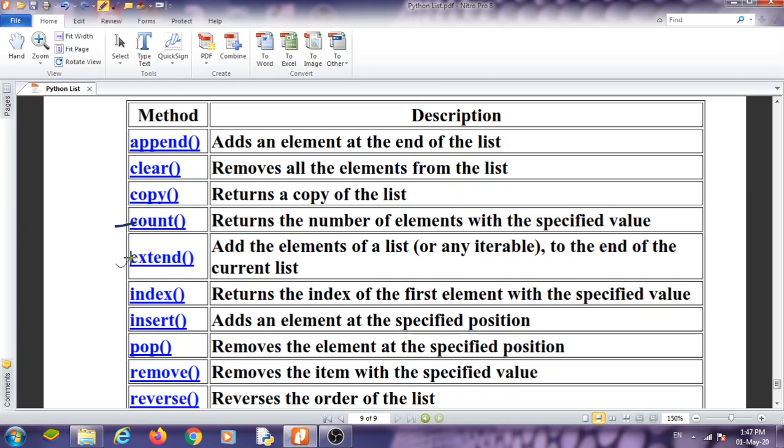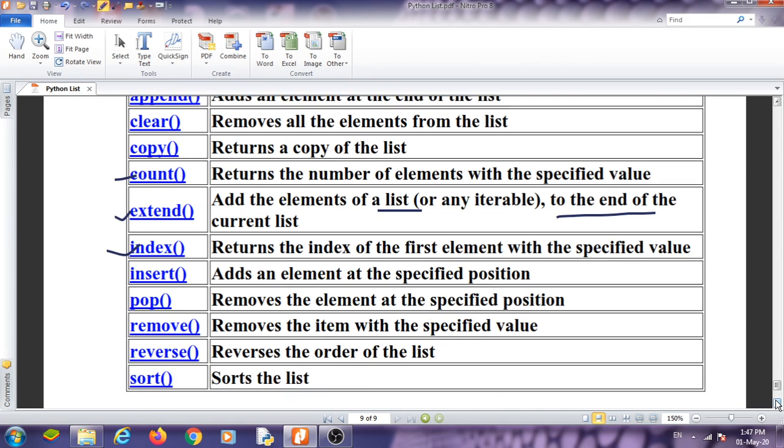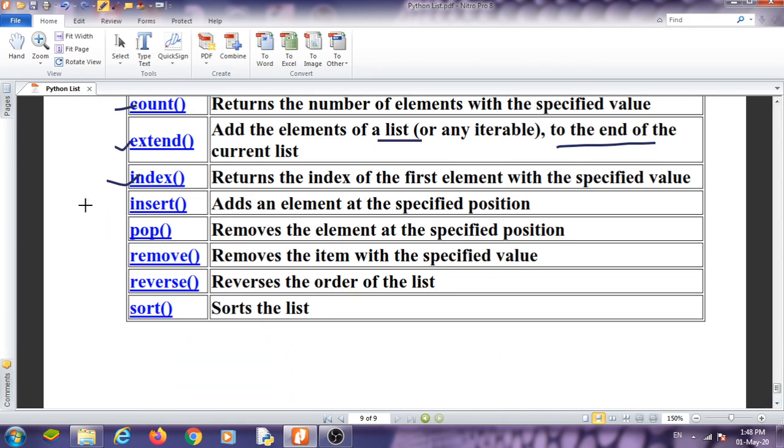Extend adds the elements of a list at the end of the current list. Index always returns the index of the first element with the specified value. Insert inserts the value at the specified index.